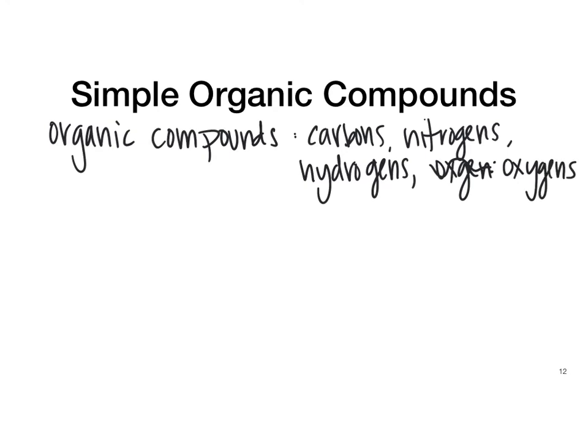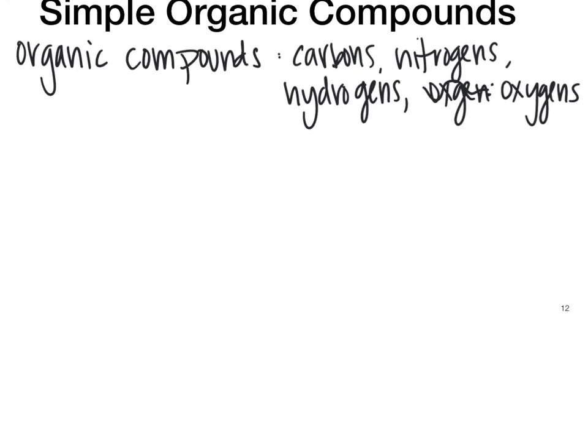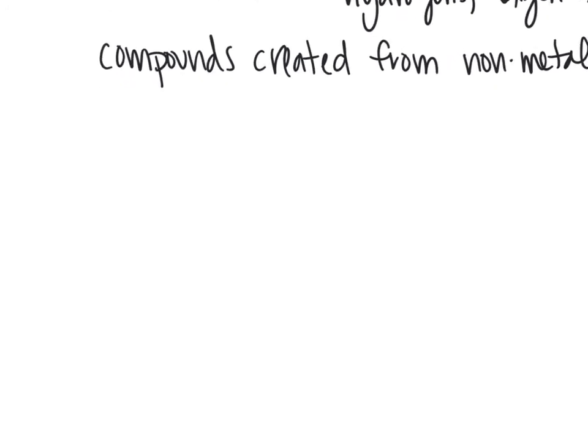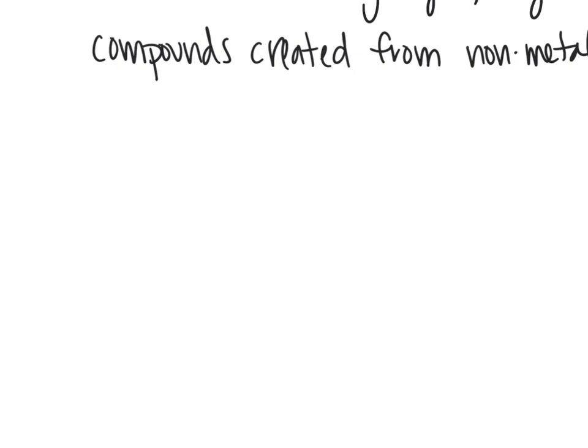So what makes these a little bit more interesting in some cases is that they are compounds created from nonmetals. So you're going to have elements that were typically already anions functioning as a cation. So we're going to look at some of these, but we really want to be able to know and name 8 of them. So first we're going to look at the alkanes,